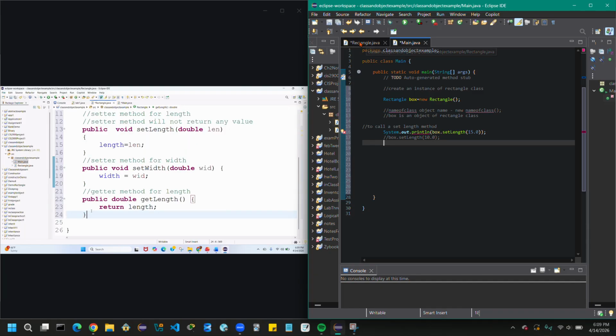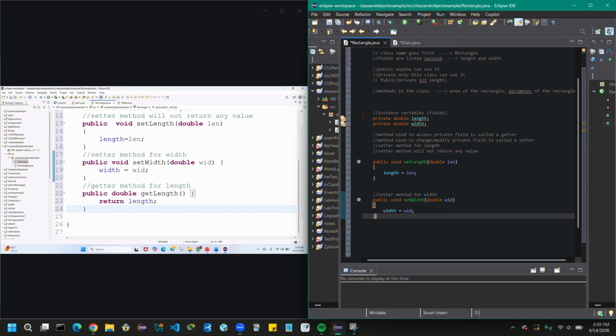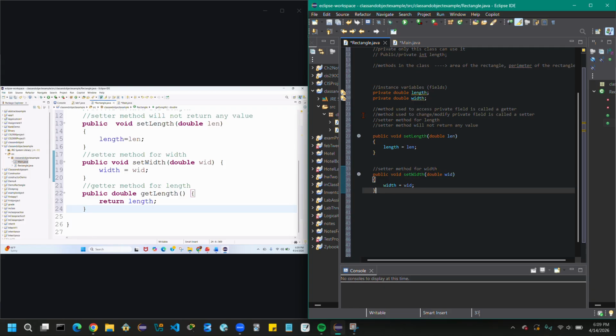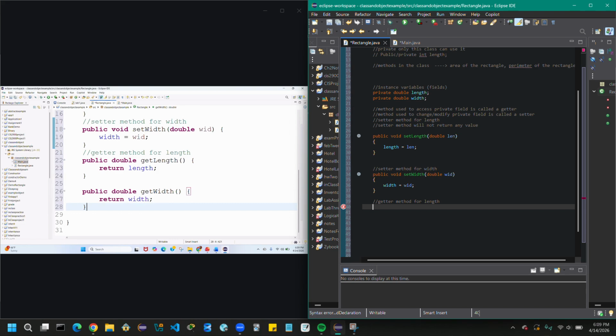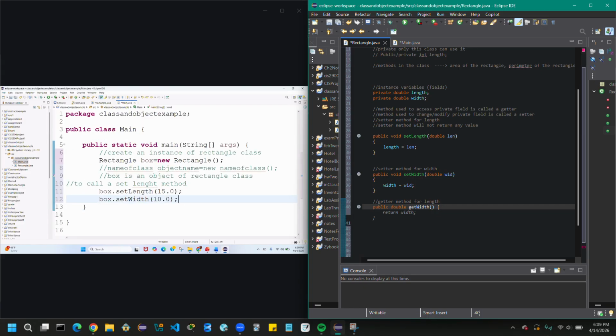We start with public double getLength and then return length. Similarly, we write public double getWidth, return width. Now you can return the value of the length and width that you have set up in the main method.